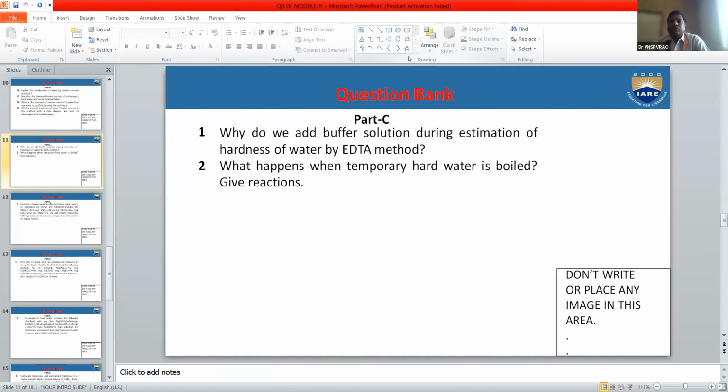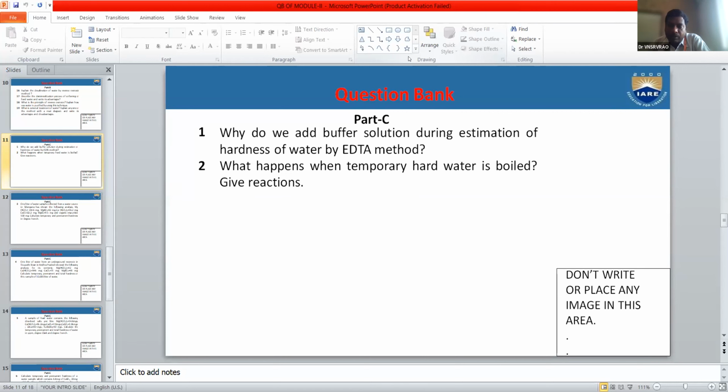So for this condition, basic buffer, we use the weak base and salt of strong acid. Okay ma, weak base plus salt of strong acid. Can I give the example for weak base? NH4OH, ammonium hydroxide, yes very good. Plus the salt of strong acid, ammonium chloride, NH4Cl. The combination is ammonium hydroxide plus ammonium chloride, weak base plus salt of strong acid, and